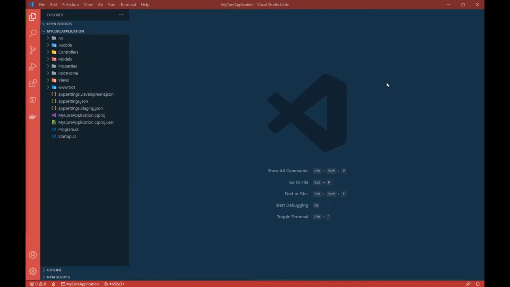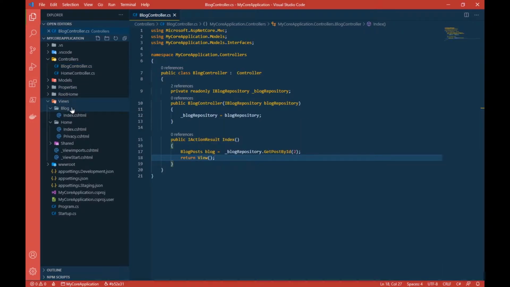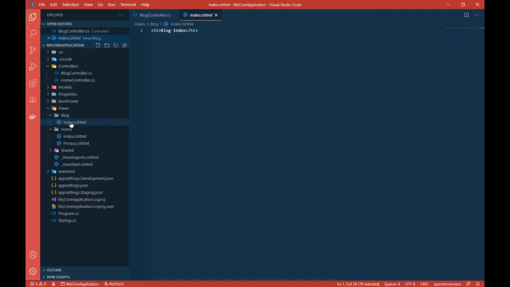Now in order to discuss strongly typed, let's head back to our application, and here let's open our blog controller. You can see that I have removed the code that I was using previously, and we are now just returning the view without any data. So let's get back to our views inside our blog. I have removed other CSS/HTMLs as well because we will not use those. So inside here, we have one index.